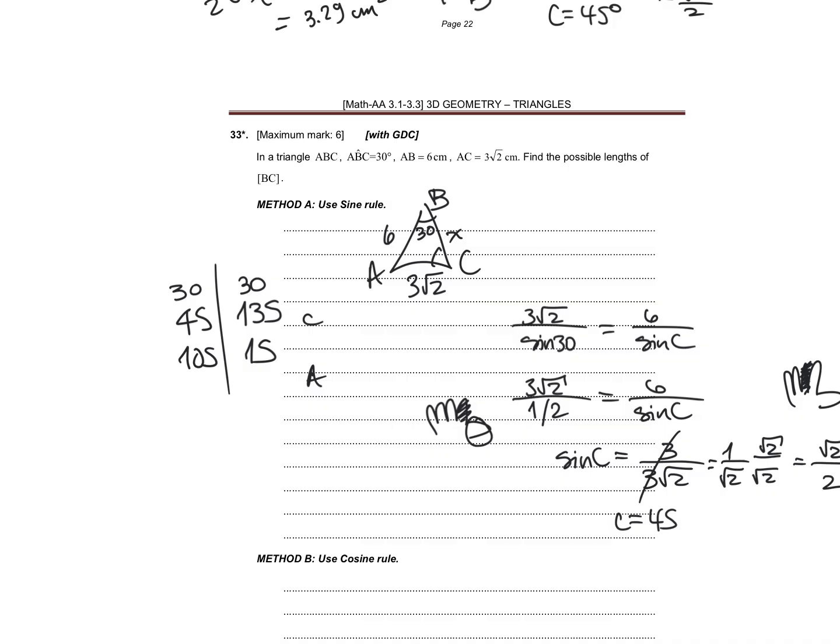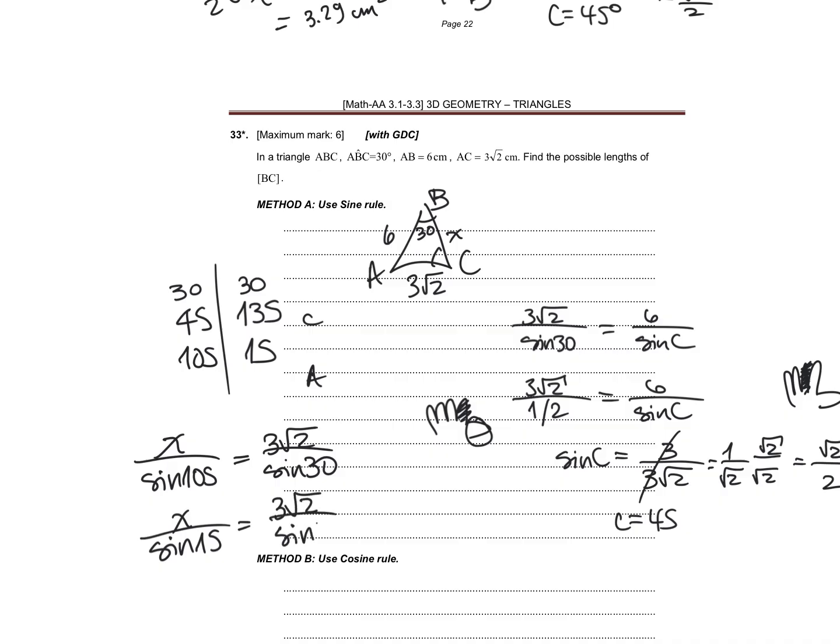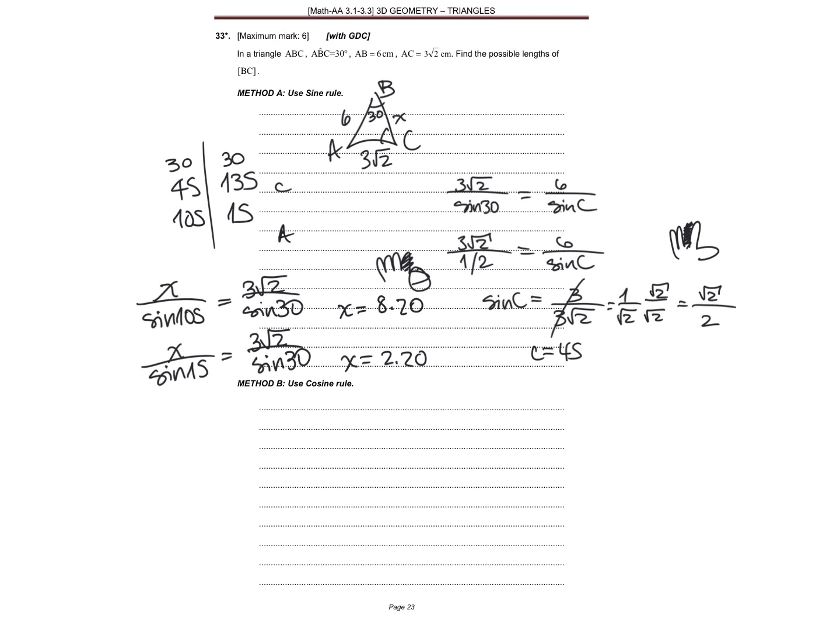So for BC, we've got x over sine 105 equals 3 root 2 over sine 30. And we have x over sine 15 equals 3 root 2 over sine 30. So this one gives 8.20, and this one gives 2.20. So if we use cosine rule here,